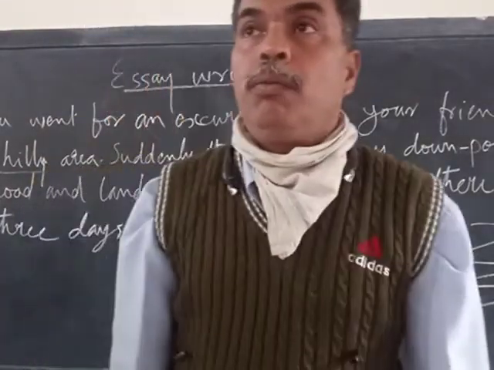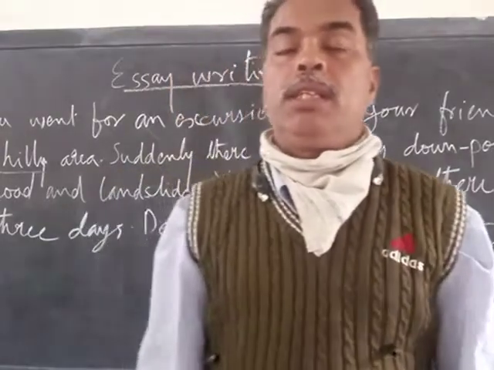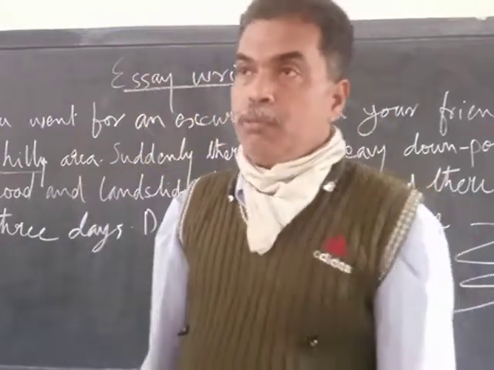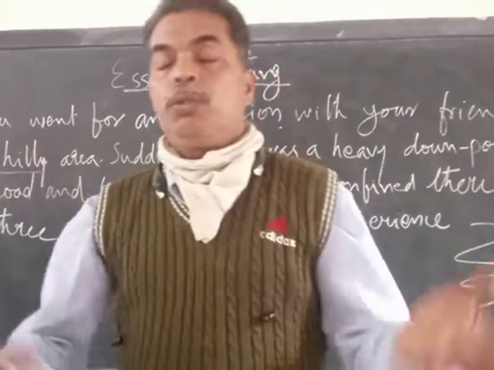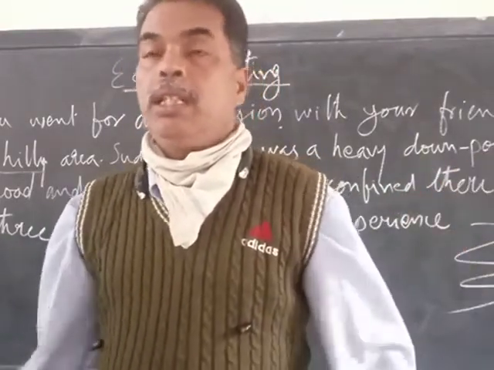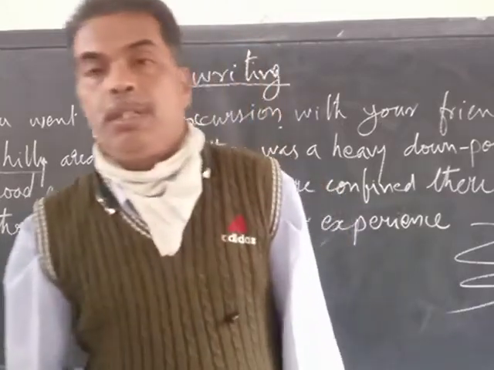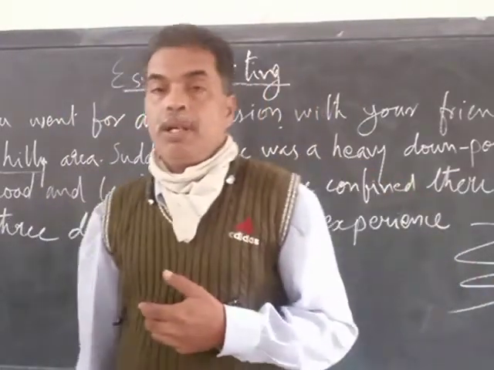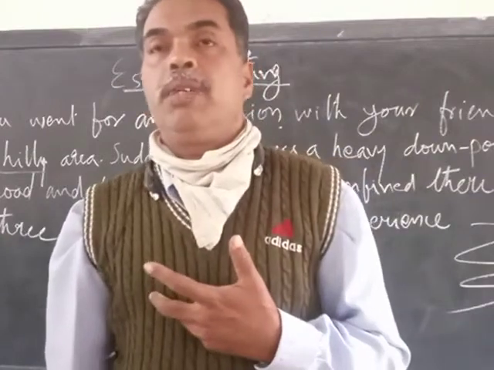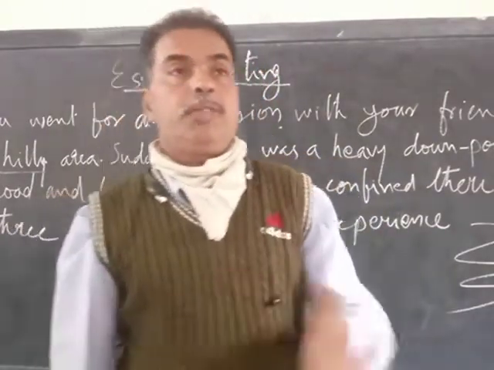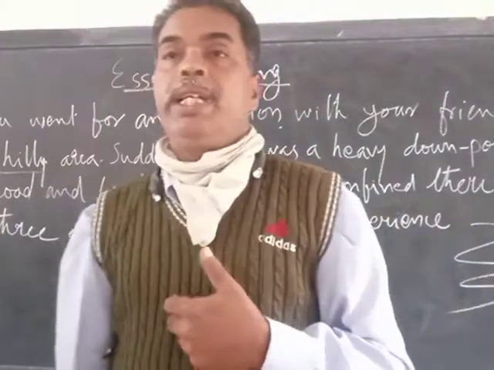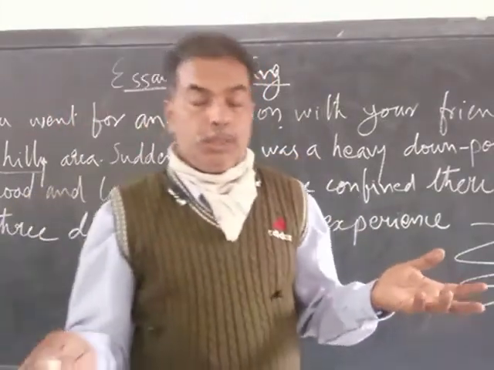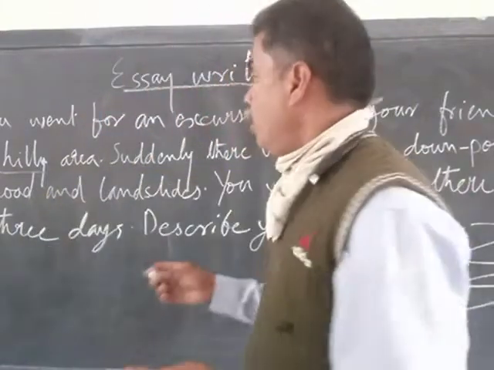Now, 1 or 2 days you enjoyed. In the next paragraph you write all the enjoyment that you had. Maybe for 1 or 2 times you had planned to cook your food, so you had taken everything in your own vehicle. So you cooked your food, sharing, eating and all that. And the certain games that you played. The little river or lake where you took a bath, and then boating in these places. And normally hill stations will have various types of flower gardens. So some of the flower gardens that you visited, you may have gone horse riding, you would have done some purchases. All those interesting things that you did, the rest you had in the hotel rooms, all that could be mentioned